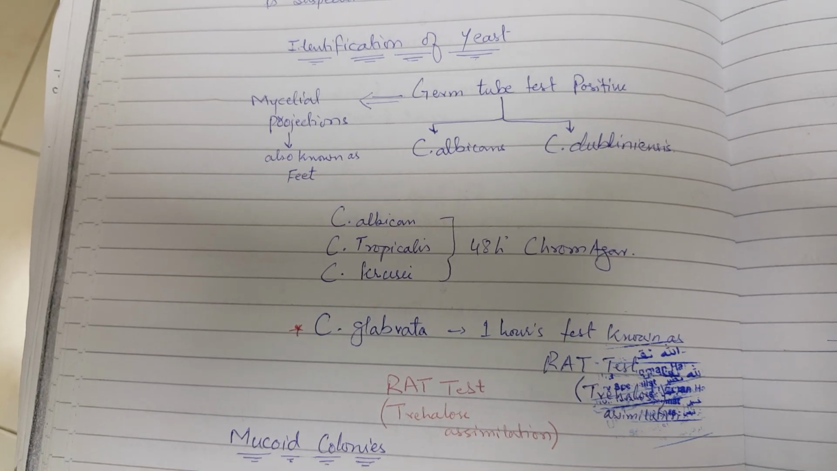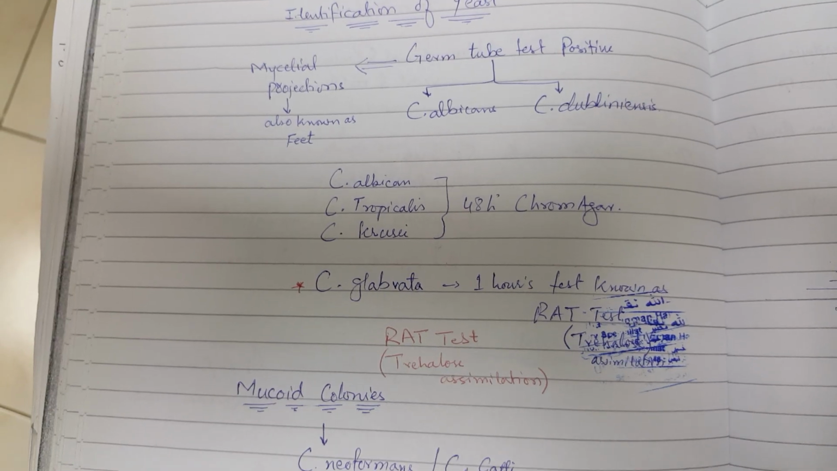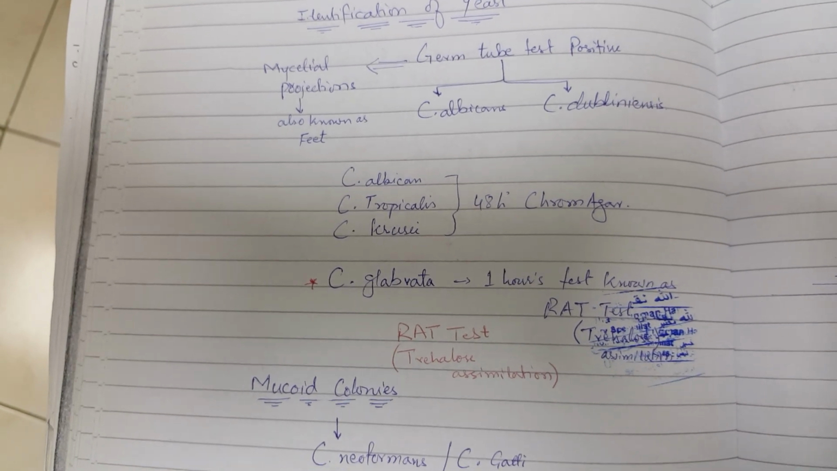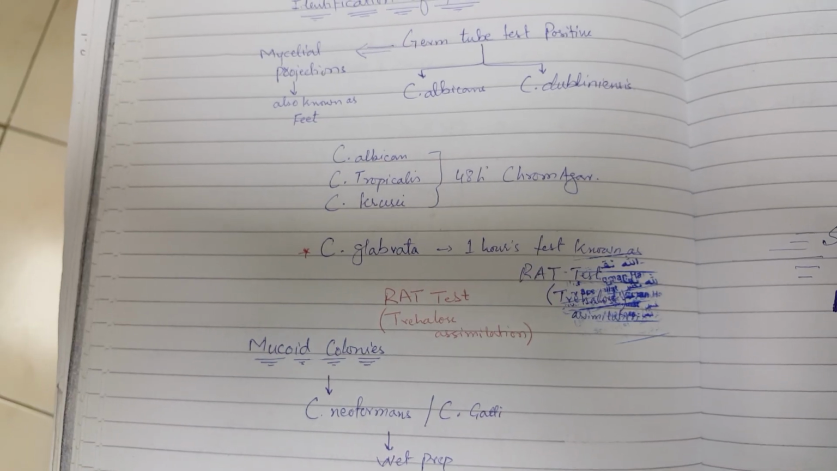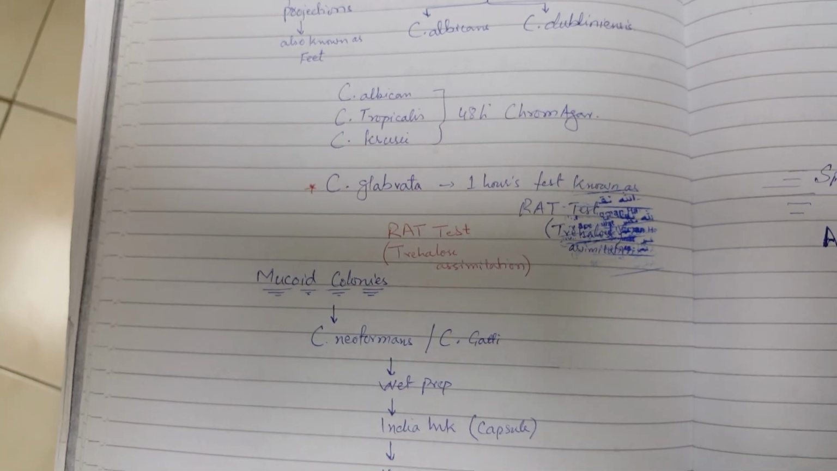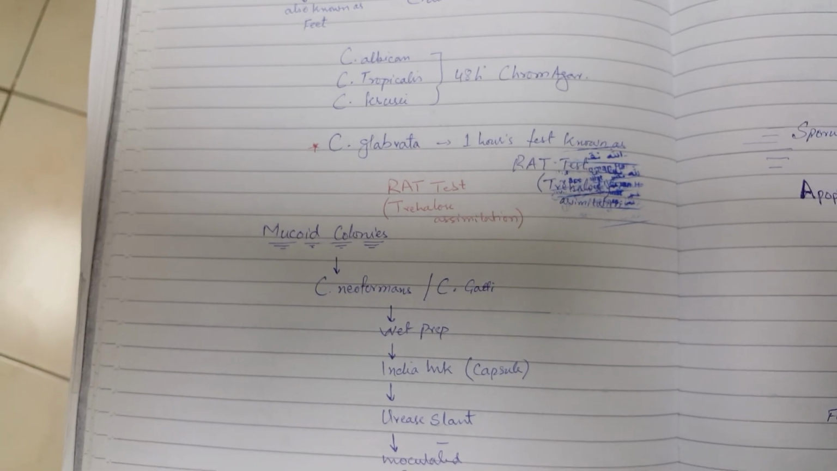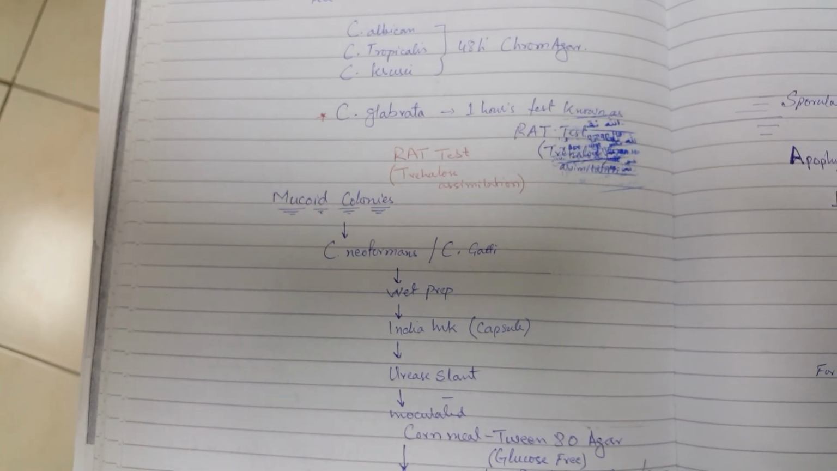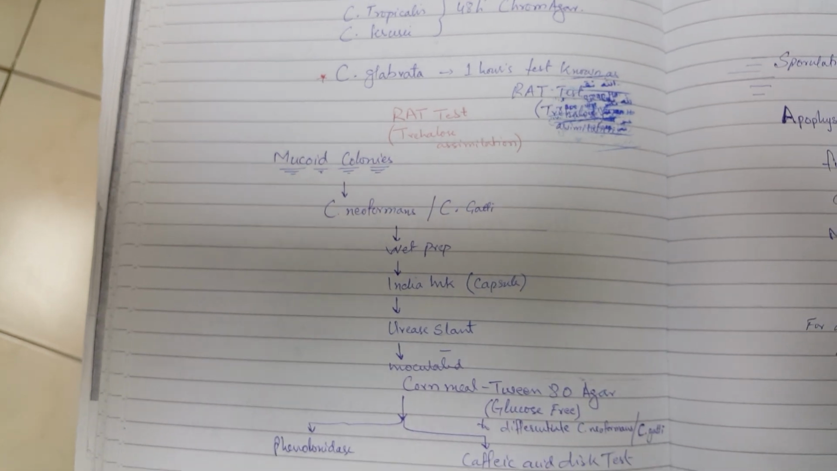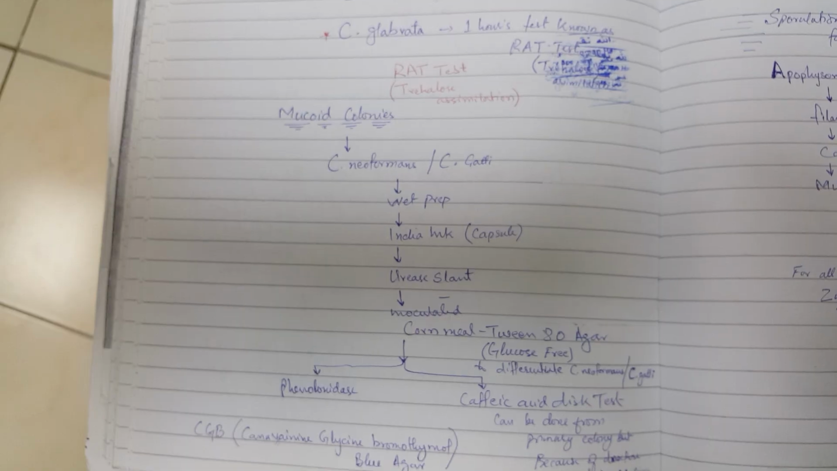Candida glabrata is identified by a 1 hour test known as the RAT test, in which trehalose assimilation is checked, and this is the unique property of only Candida glabrata, which produces trehalose assimilation. Mucoid colonies on PDA make us suspect C. neoformans or C. gattii. India ink confirms the capsule, and urease slant inoculation and cornmeal